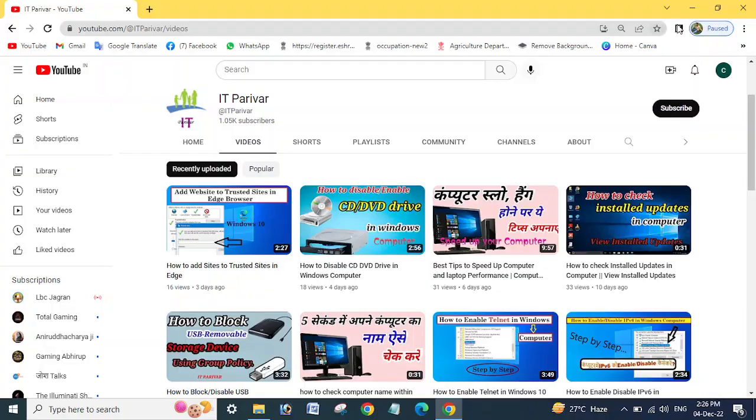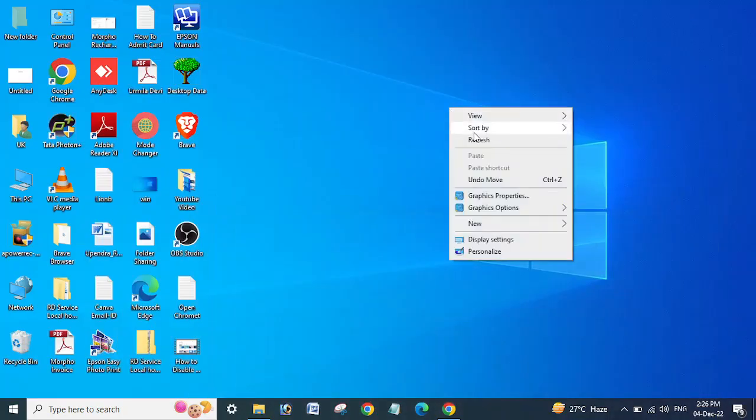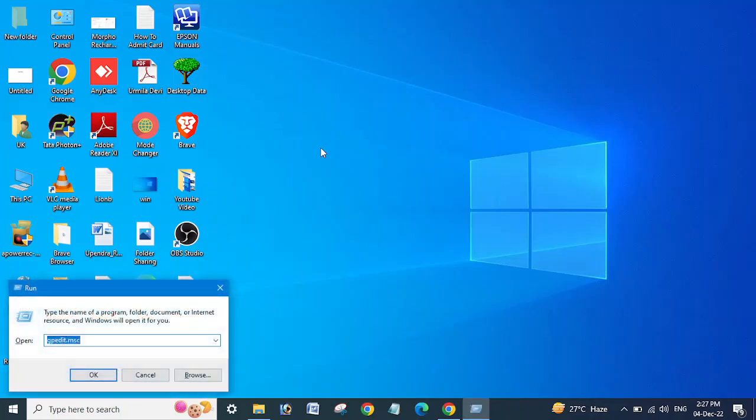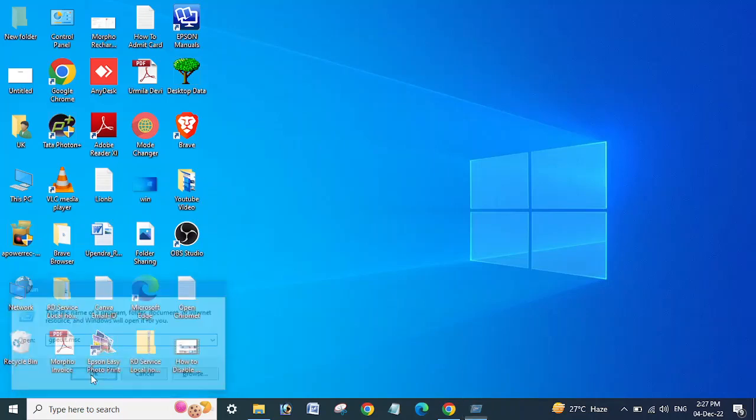So let's start now. I will show you how you can stop the automatic updates on your Windows computer. You need to go to the Run menu here and type gpedit. I have already typed it here, so it is showing gpedit.msc. Click OK